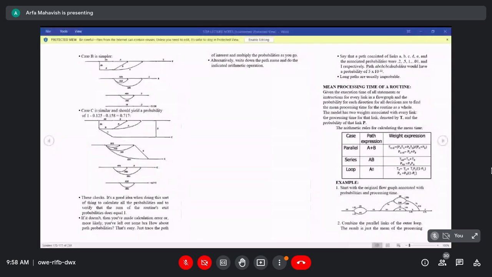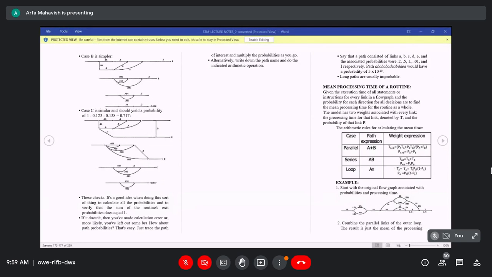Next we have the minimum process time of routing. In this process of finding the minimum process time, the execution time of all the statements and instructions of each and every link in the flow graph is given as the mean process time, and the entire routing should be calculated.